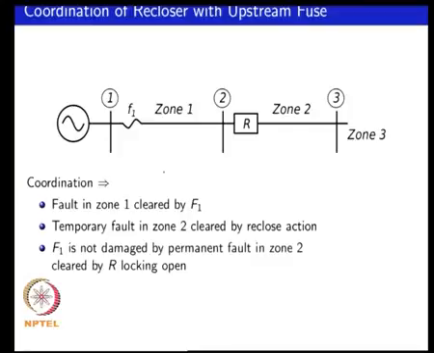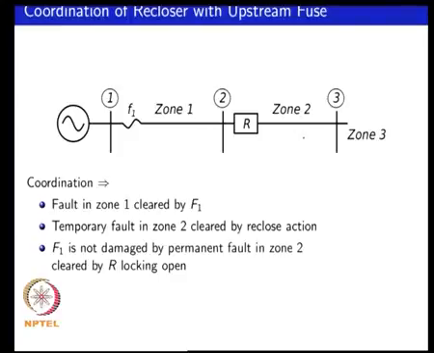So, we will look at an example where you have an upstream fuse and a downstream recloser. It could be say a backup protection fuse operating with a downstream recloser, and then the question is, how do you determine the coordination settings? What does it mean for coordination to be done in this particular case? Obviously, if you have a fault in zone 1, it has to be cleared by fuse F1. If you have a temporary fault in zone 2, your recloser should clear the temporary fault by